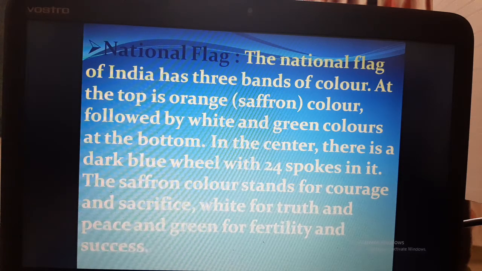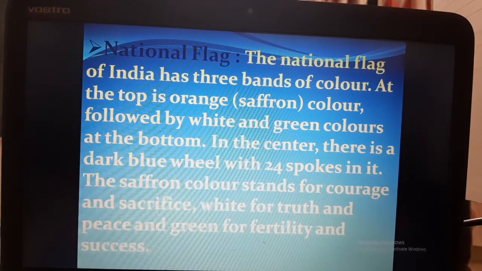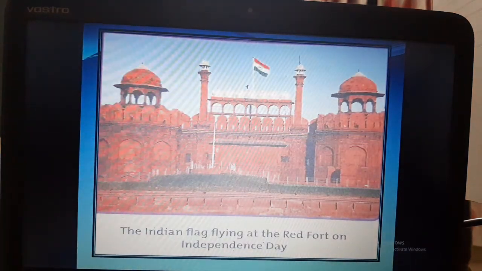Saffron stands for courage and sacrifice, white for truth and peace, and green for fertility and success. Okay, see the picture, students. The Indian flag flying at the Red Fort on Independence Day.